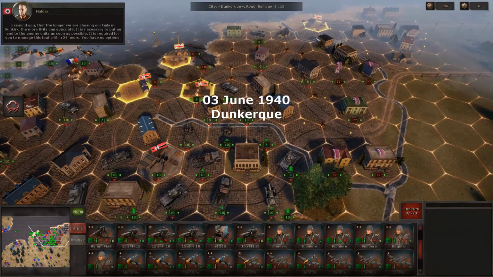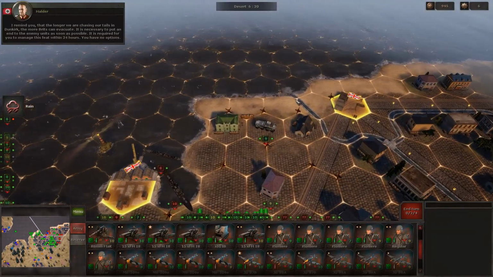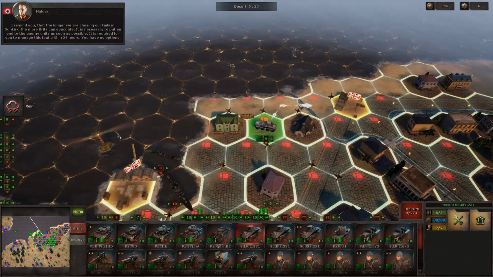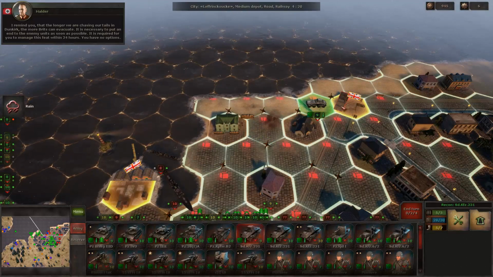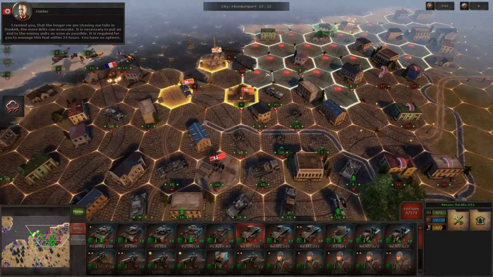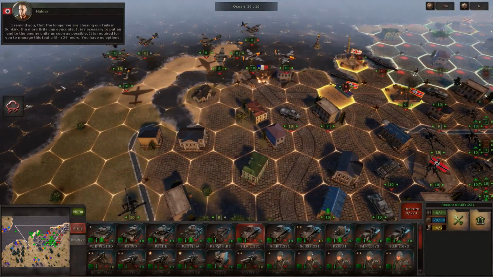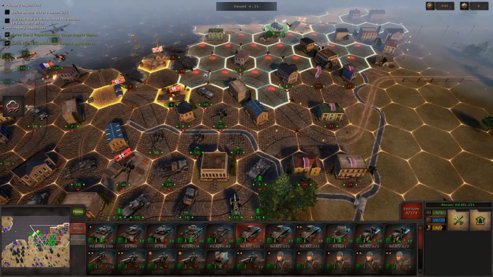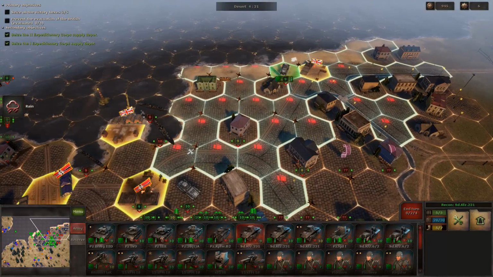I remind you that the longer we are chasing our tails in Dunkirk, the more Brits can evacuate. It is necessary to put an end to the enemy units as soon as possible. It is required for you to manage this feat within 24 hours. You have no options. I will accomplish it, but...